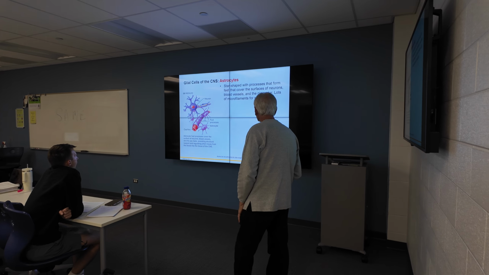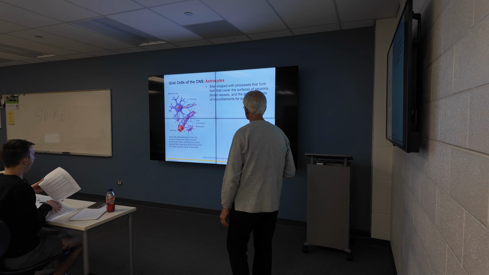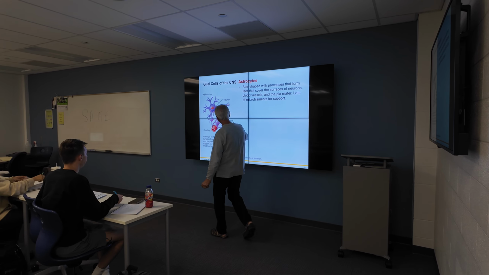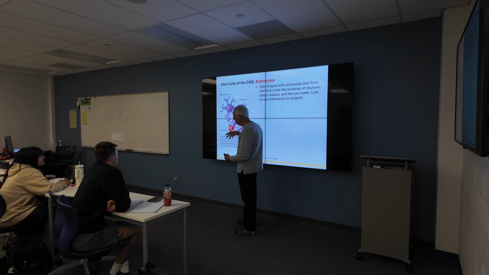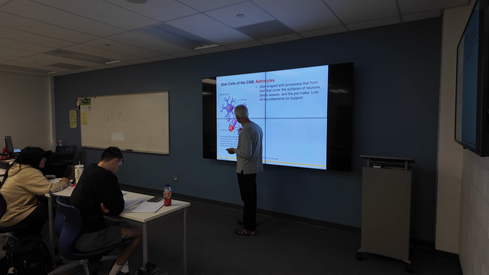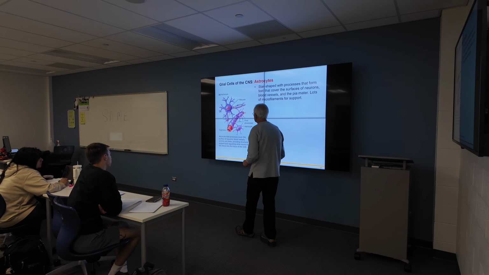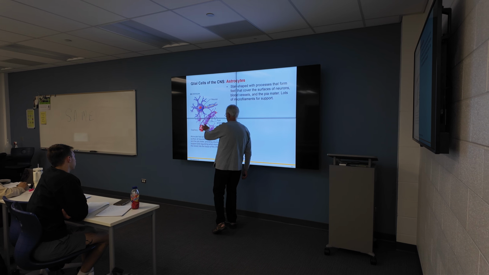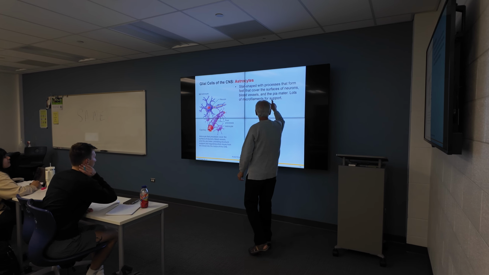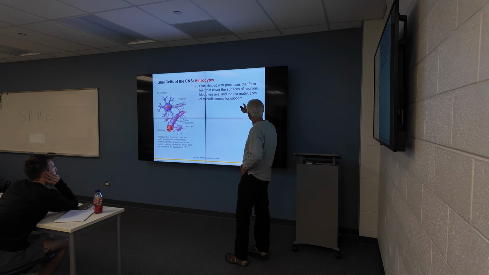Astrocytes. Star-shaped processes that form feet that cover the surface of the neurons. Look at these guys. Here's an astrocyte. Look at that. They wrap around. Here's a capillary in the area of the central nervous system. And the astrocytes, I mentioned before, the astrocytes are the nursemaids of the nervous system. And notice this, they're wrapping around, and they're also wrapping around here, so they're constantly taking care of the nervous system here from the standpoint of, look at this, they've got all kinds of information that's going on. Blood vessels, and the pia mater, and lots of